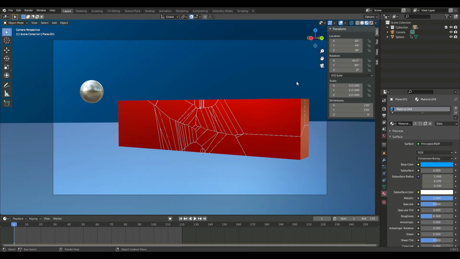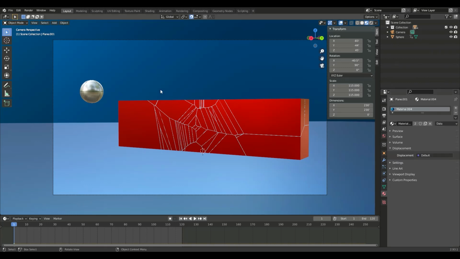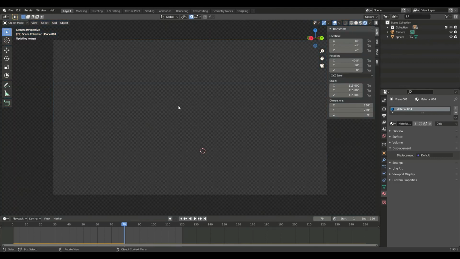But I'll show you how to render stuff in the next video. That will be the next video: the best way to render stuff out and the optimum things that you should press for beginner and intermediate renders. So this is pretty good. It's a ball smashing into the cube. It looks cool in rendered view.